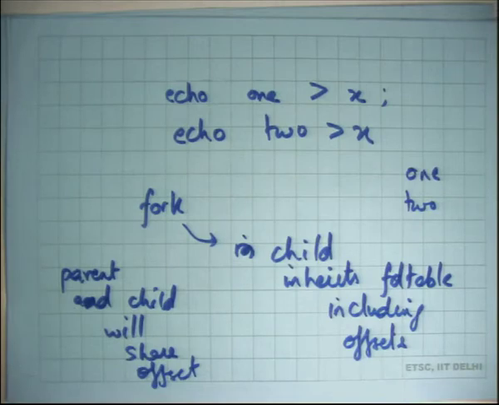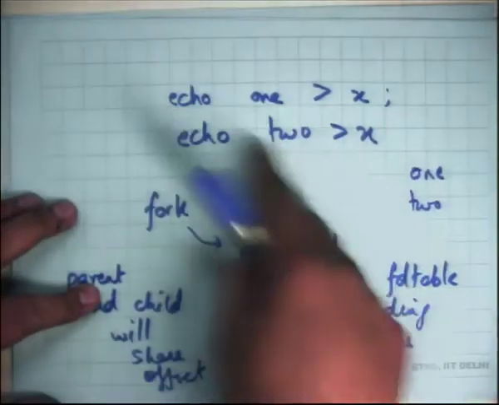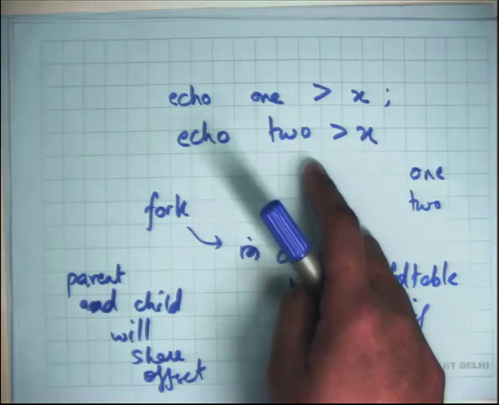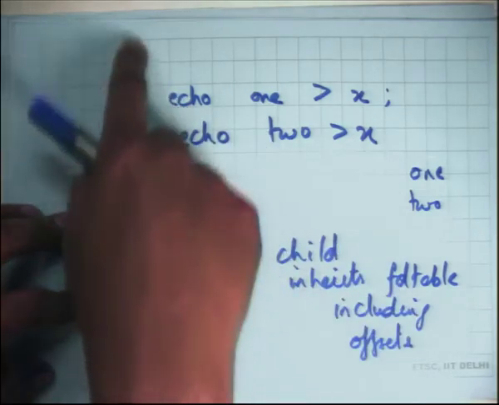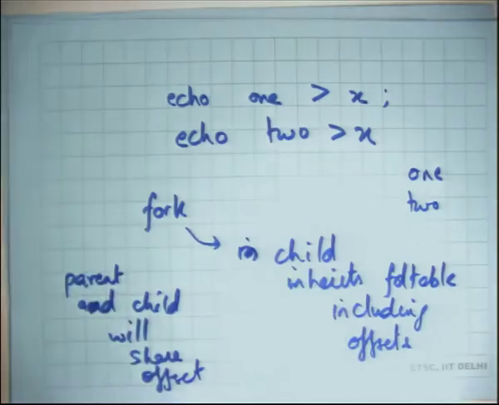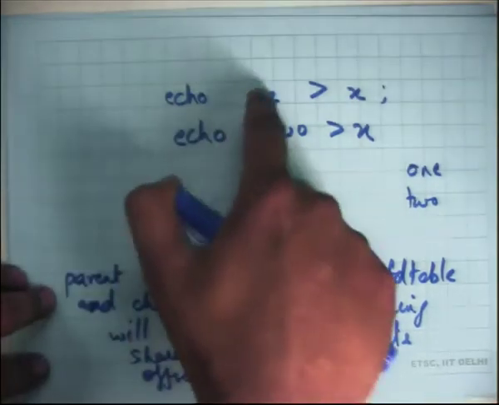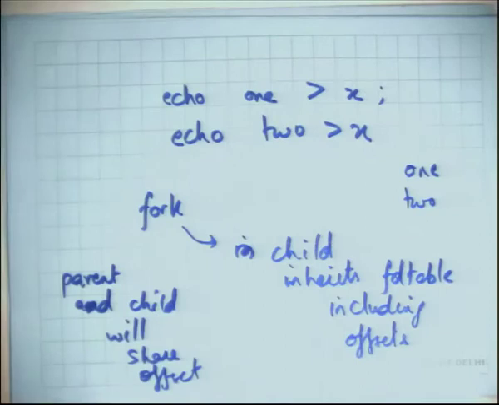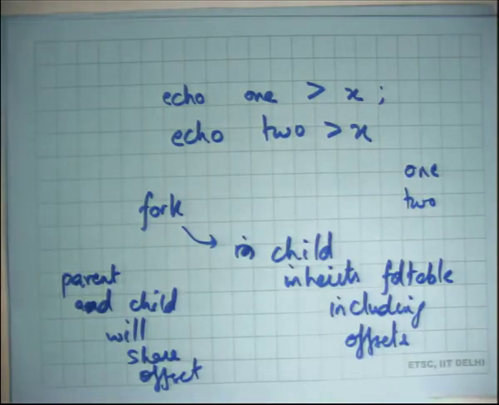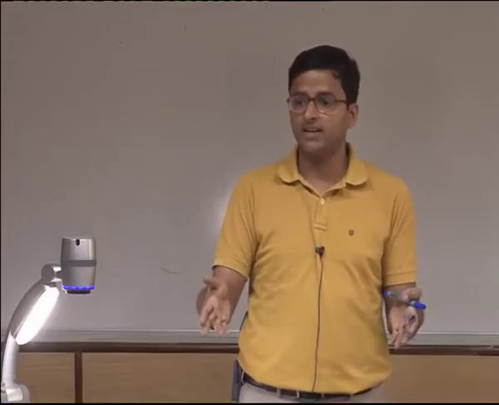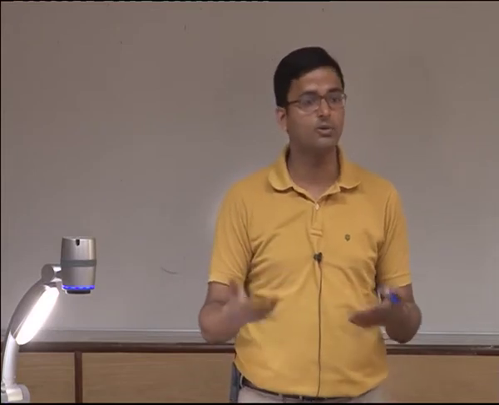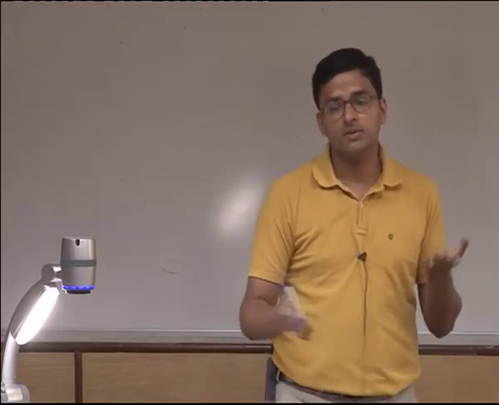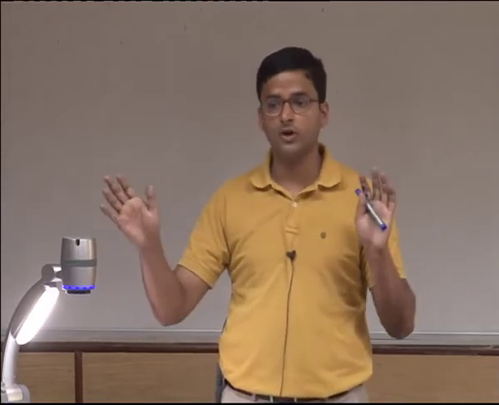If you had explicit offsets, then to do this you would have a more complicated interface. You would have to pass another argument here saying at what offset you want to write, and that offset needs to be incremented between 2 consecutive calls to echo. In general, you may say it sounds very dangerous. If I spawn a child and it's writing, then my offset is getting incremented, and I may not be expecting it. Well, if you care about different offsets, then one option is to just reopen the file.